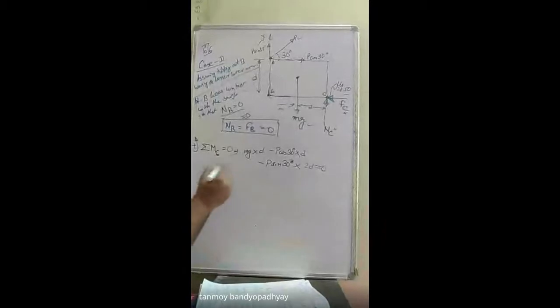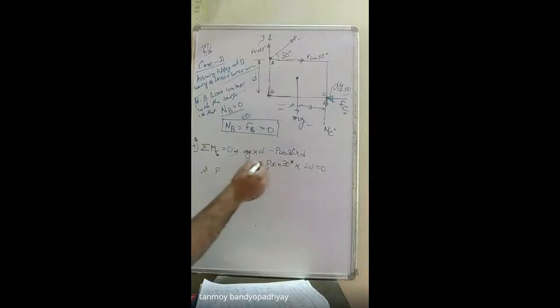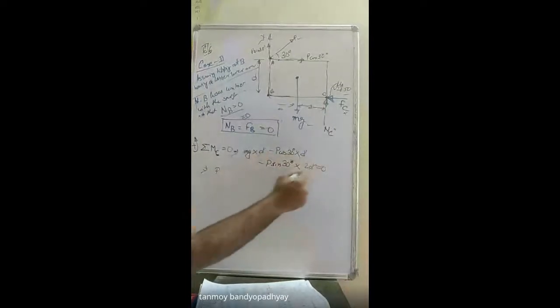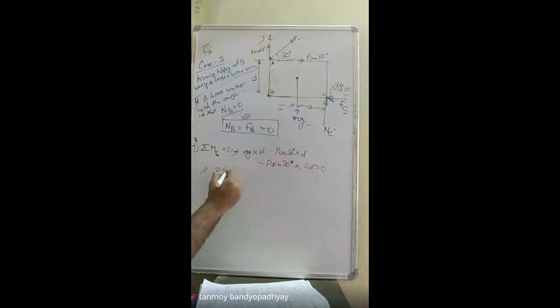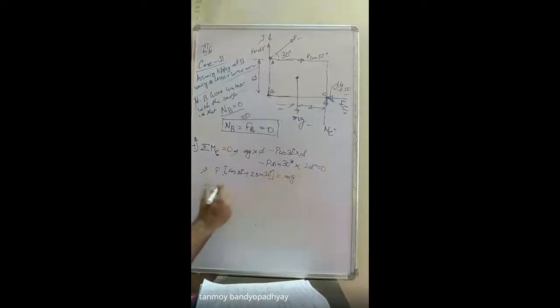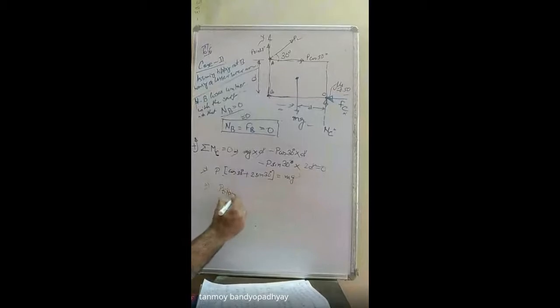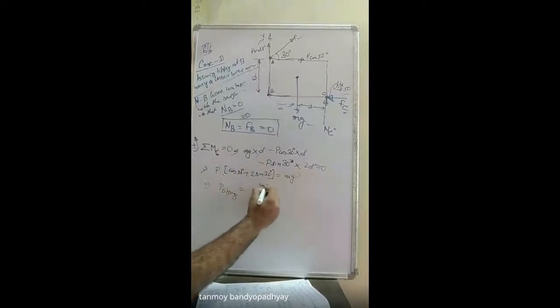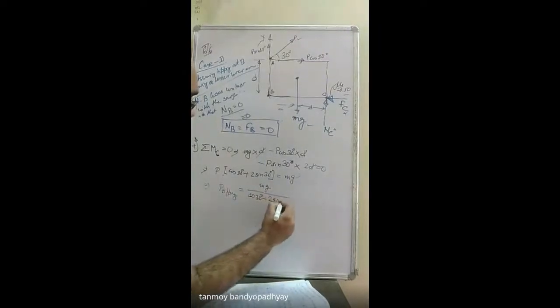So now from here, if I calculate P, this is a negative actually, so I am taking it on the other side. So P into D, if I take common, but D টা cancel হয়েই যাচ্ছে. So D actually is getting cancelled. So we are left with cos 30 degree plus 2 sin 30 degree, that is equal to mg. So if I call it the tipping load, P tipping will be equal to mg divided by cos 30 degree plus 2 sin 30 degree.